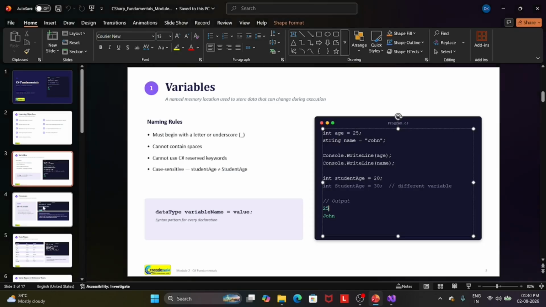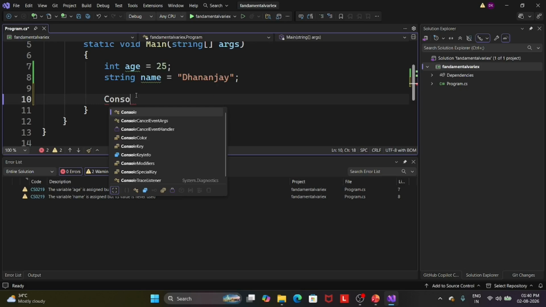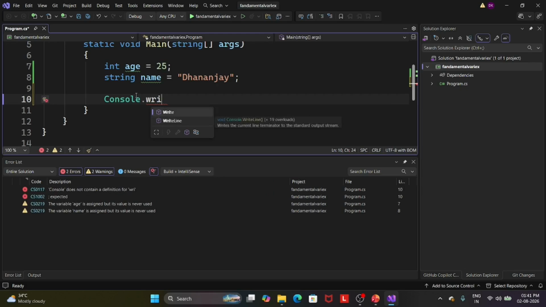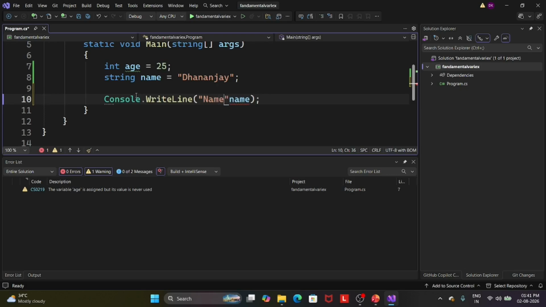We have seen that here we took Console.WriteLine, and then name. My variable name is name in a small letter.